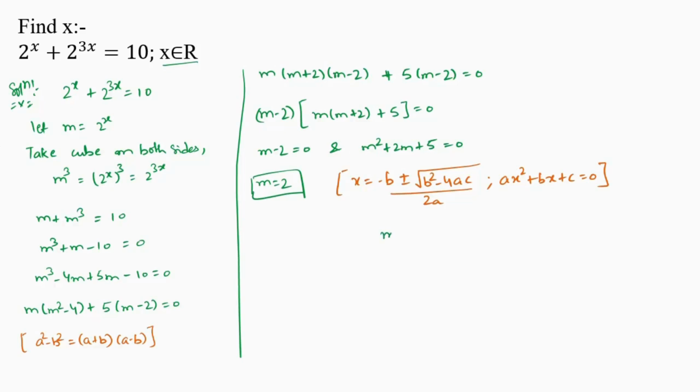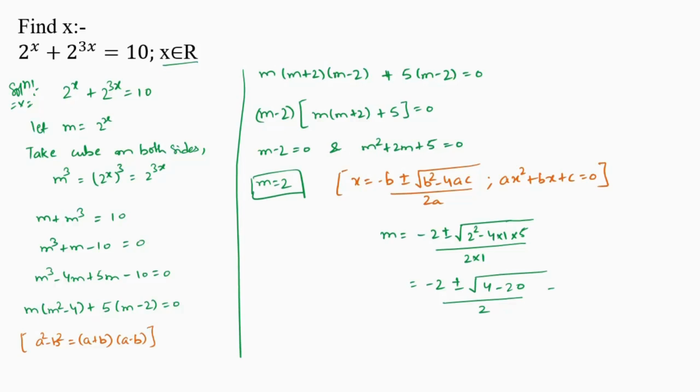So we get the value of m equals minus 2 plus minus under root 2 square minus 4 times 1 times 5 divided by 2 times 1, which will become minus 2 plus minus under root 4 minus 4 times 5, that is 20,